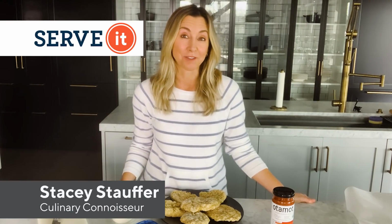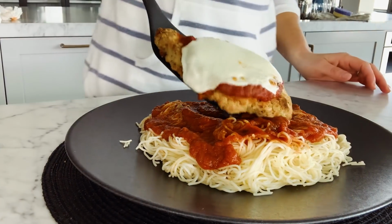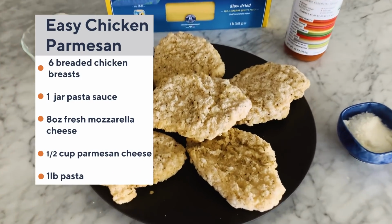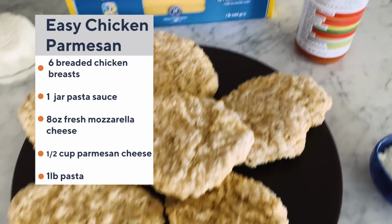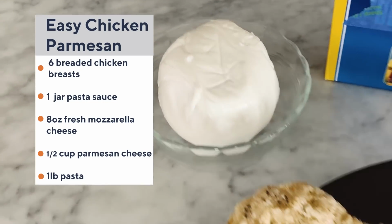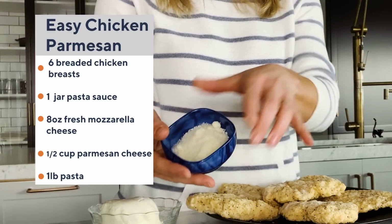You know, I love chicken parm, the whole family does, but it can be so time consuming trying to make it at home. And since we can't go out to our favorite Italian restaurant, I've got a trick on how to make this tasty Italian delight super quick. All you need is some frozen chicken breasts, already breaded, and you're good to go. Add your favorite pasta sauce, some fresh mozzarella, and of course some parm, and your favorite pasta, and you've got